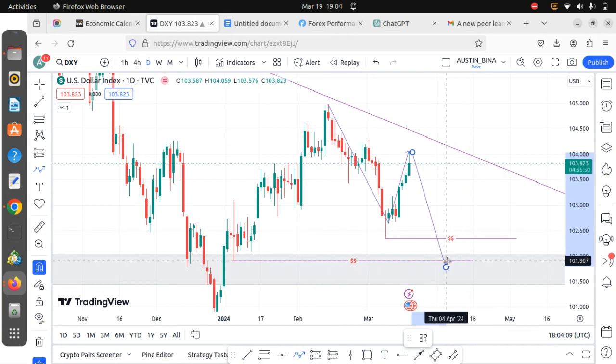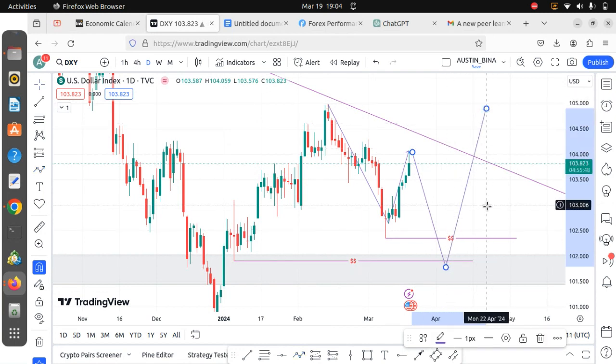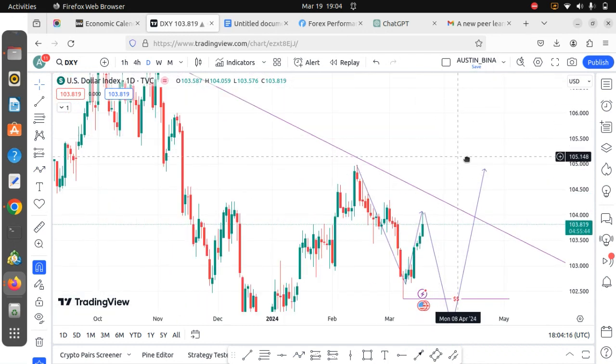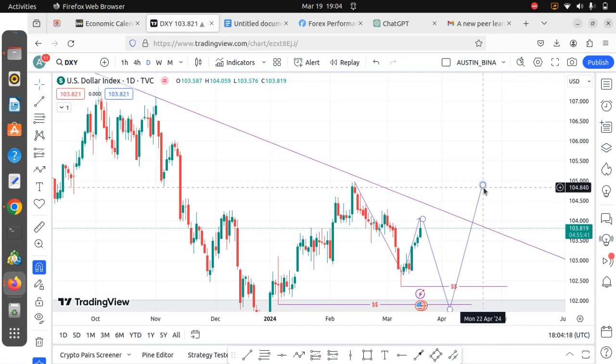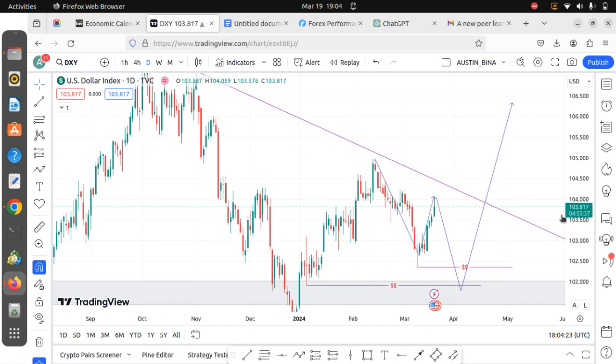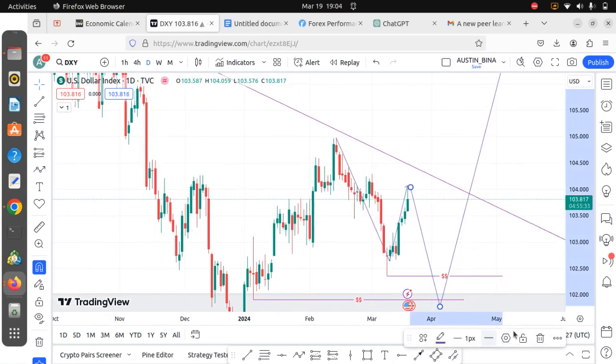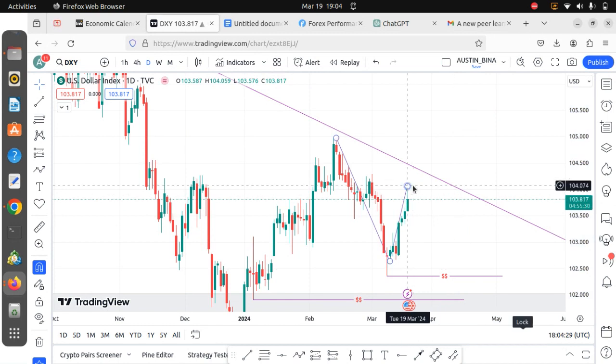And then trade into this support before eventually breaking this trend line, and then we'll start seeing the dollar index start buying in the long run, right? So this is actually long term, but this is actually what we are anticipating. So in the nearest weeks, we are actually anticipating that